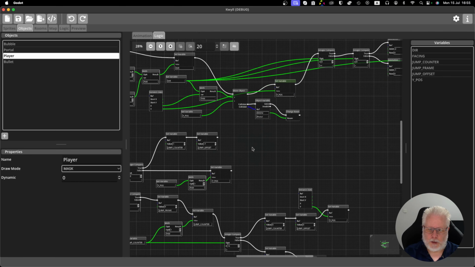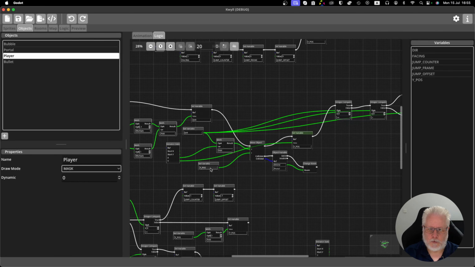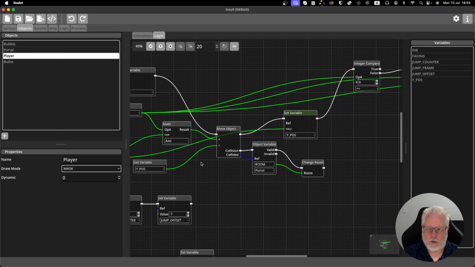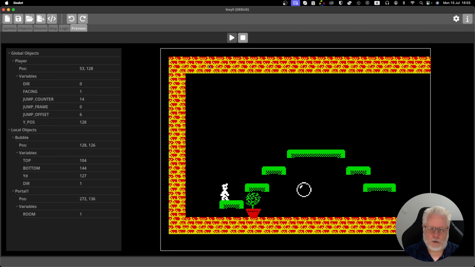So down here, every frame we've added 1 for gravity. It will try to move down because gravity is forcing it to. The collision detection will prevent it moving down, so Y will remain where it is. And then here, just after that, it will set the actual Y position where you ended up to the Y position that the move resulted in. So theoretically now we should have a stable position, and if we go and stand on our platform we fall off. So we can go up and down